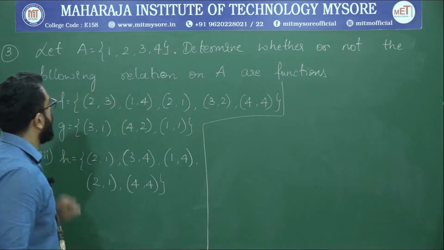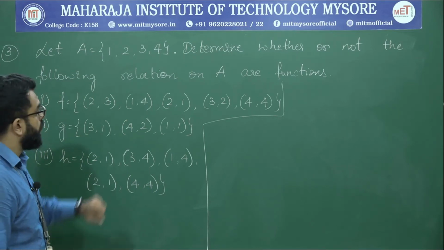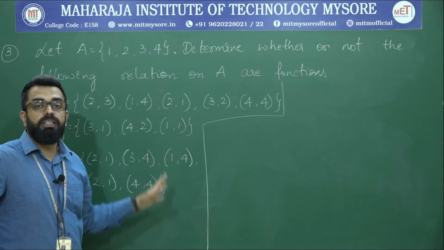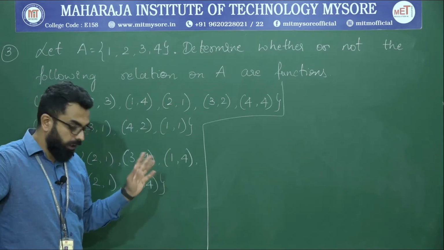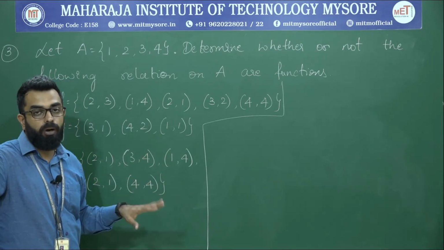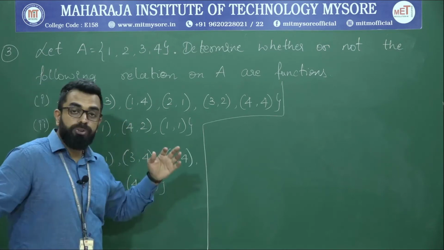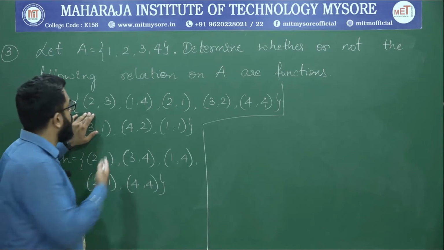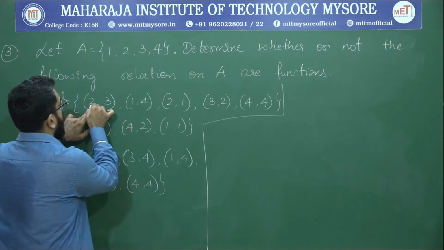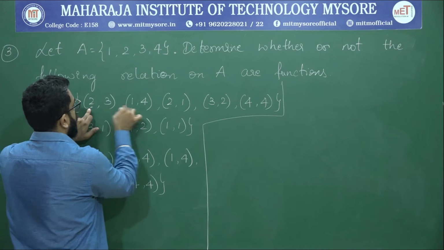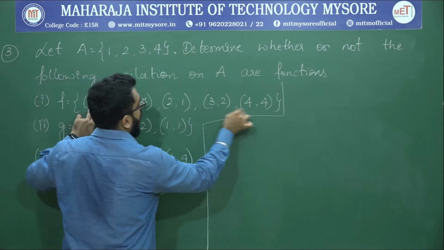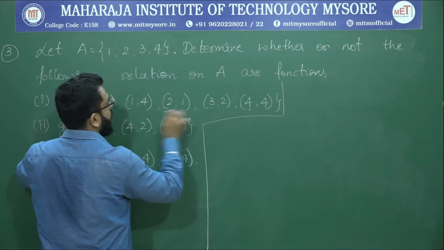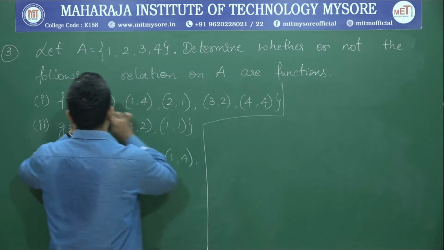Now, how do we identify this? We can draw the arrow diagram for the ease of understanding or identification. That is not at all a problem. But here, to save some time, we can also go with manual observation. You can observe the relation here itself. The elements of set A are 1, 2, 3 and 4, correct?